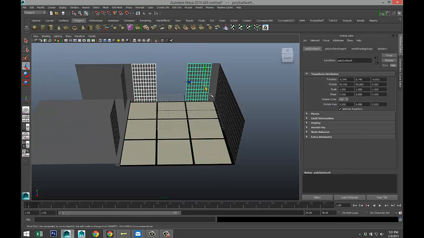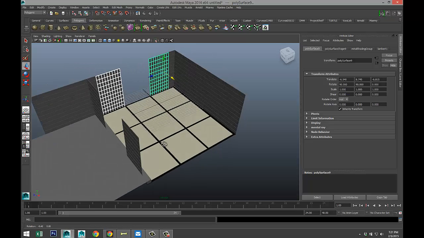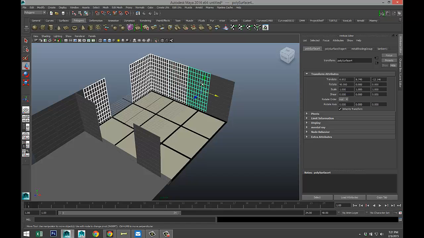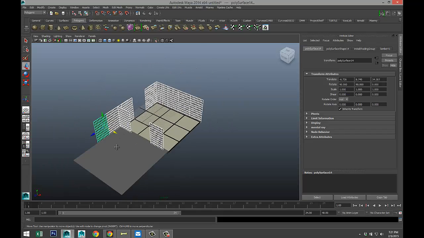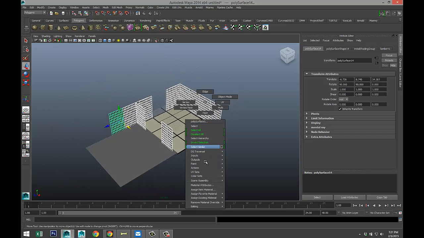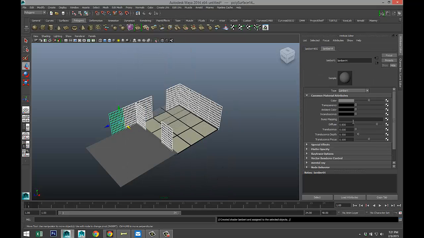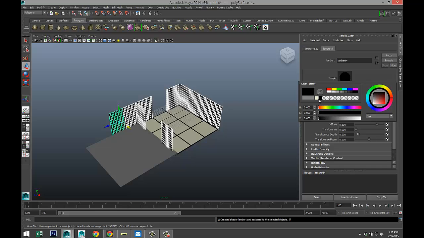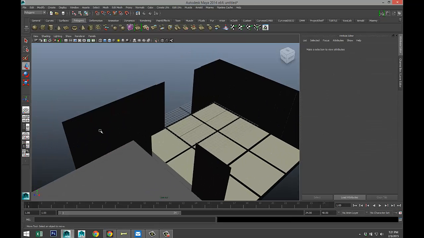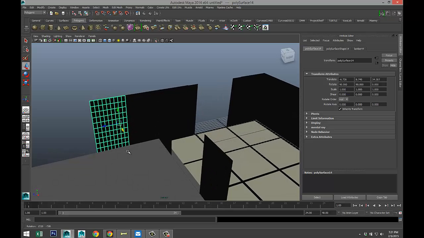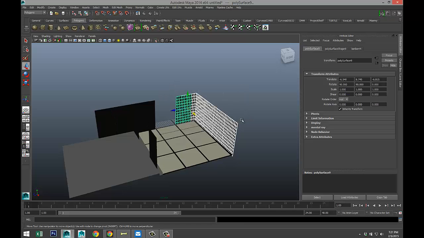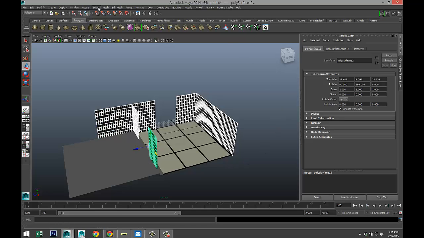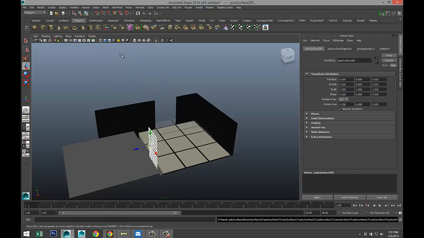Then we'll take these guys. All right. Right click, assign the material, Lambert, black. There we go. And now I need to address the faces, or sorry, the panels in the back. So I'm going to take all of these and then mesh separate,